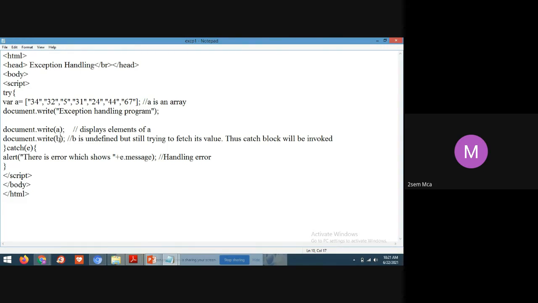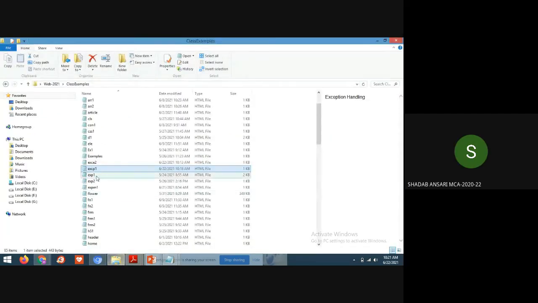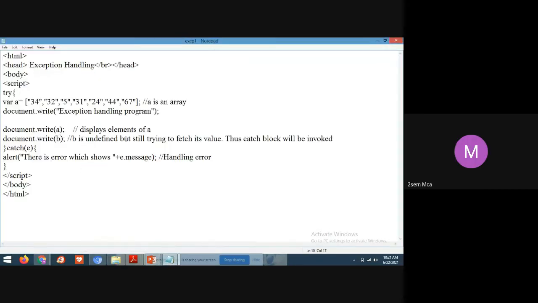If you don't have any doubt, then I'll go to the next program. Why is there e dot message? This is the exception message. This is the way we use exception handling. The suitable error message will display.